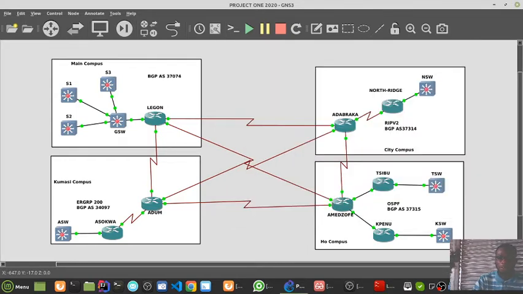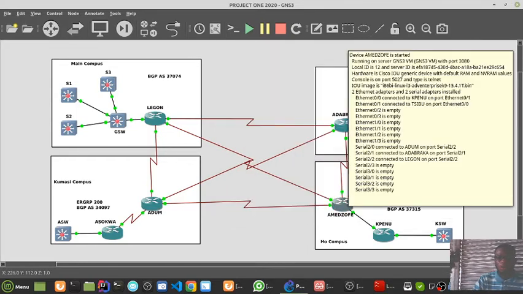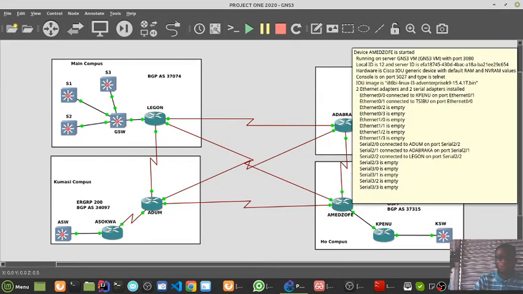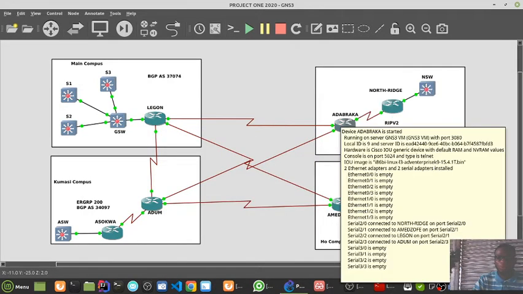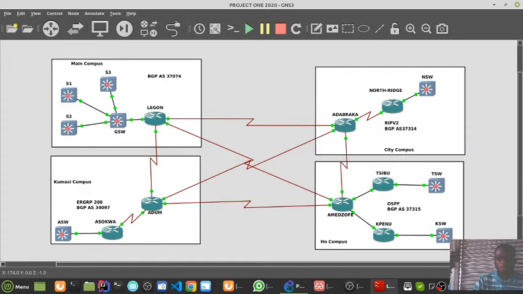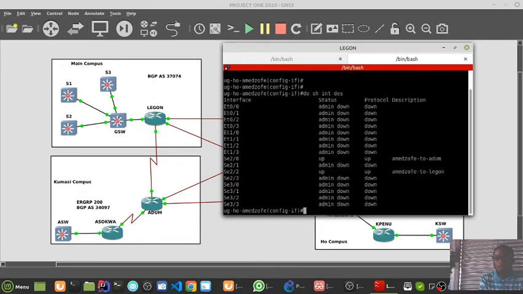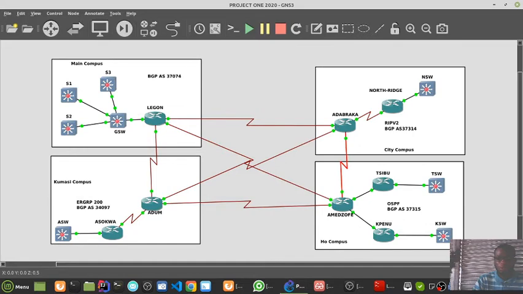I already have this, and I already have this. So the only thing I need is Amedzofe to Adabraka, which I don't have, because when I show interface description, I have a link to Adum and a link to Legon, so I need a link to Adabraka,